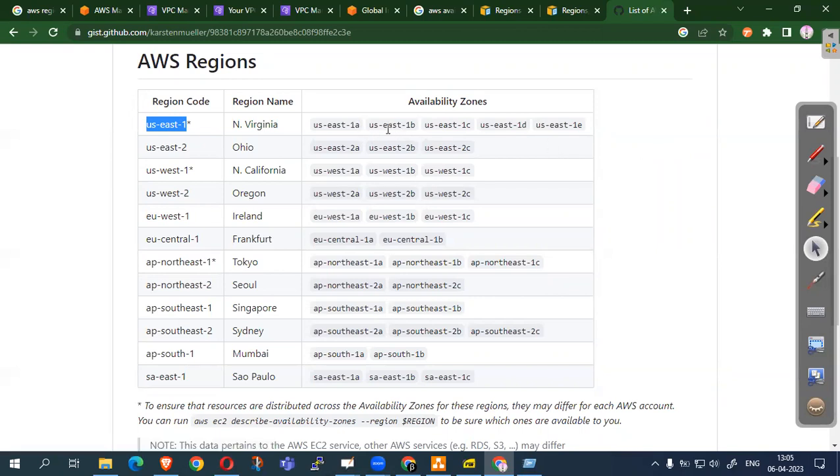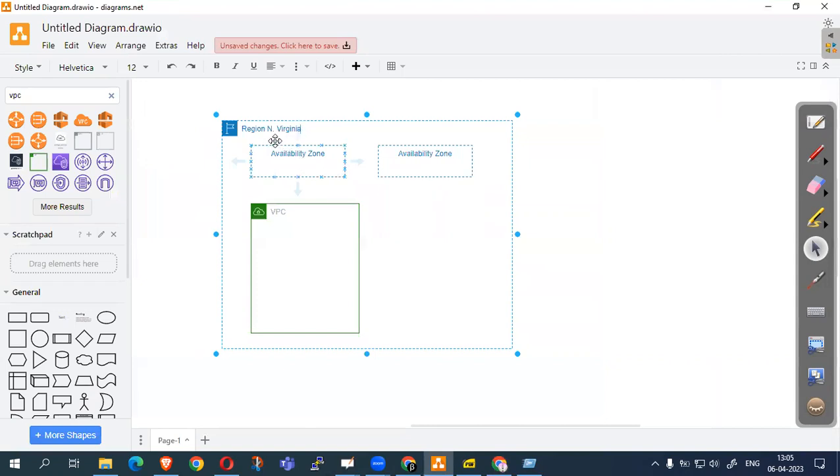So each of these letters will be a different availability zone. But the initial part, if you remove the letter, us-east-1, will always refer to North Virginia. So this is the North Virginia region, and under that